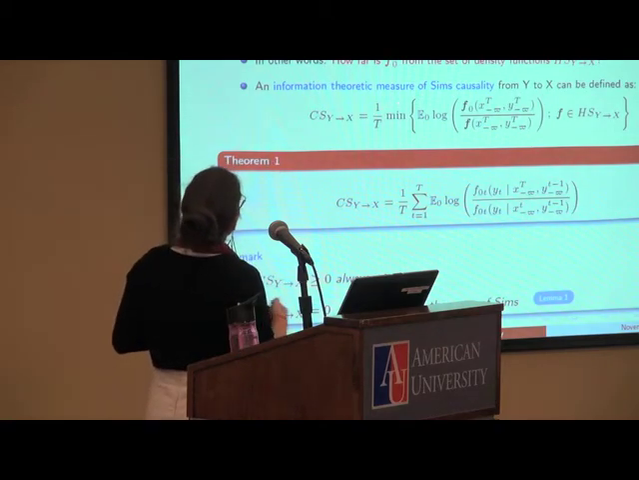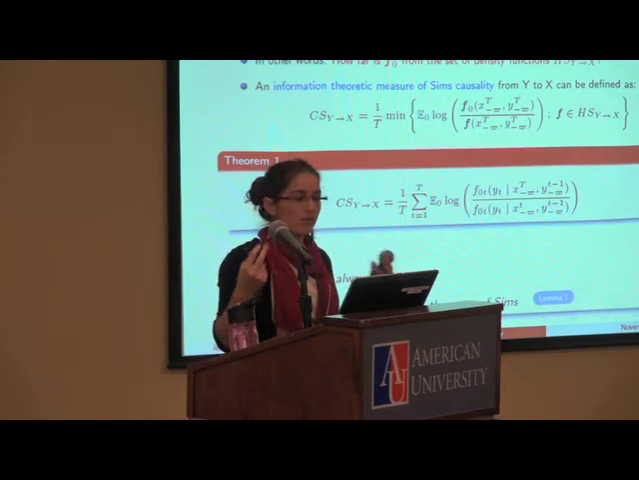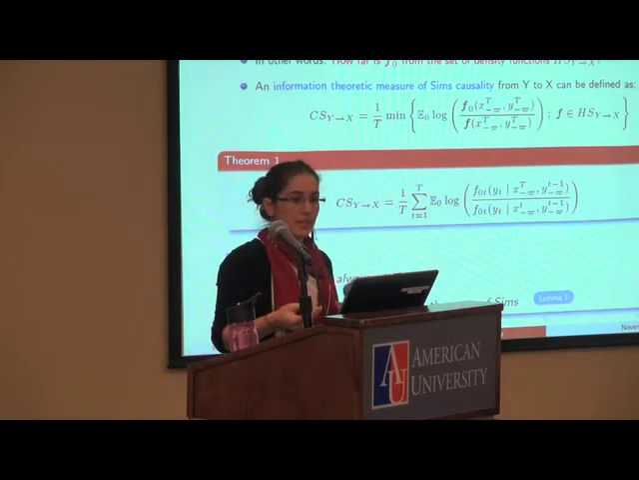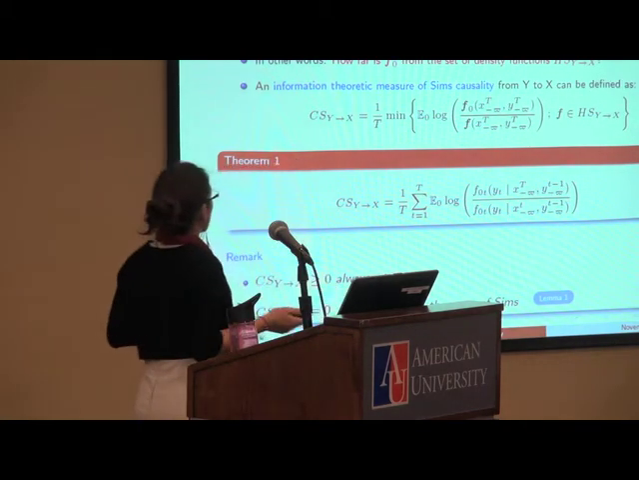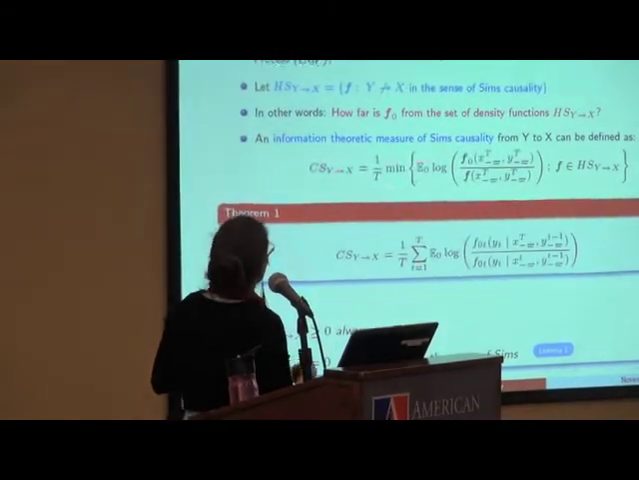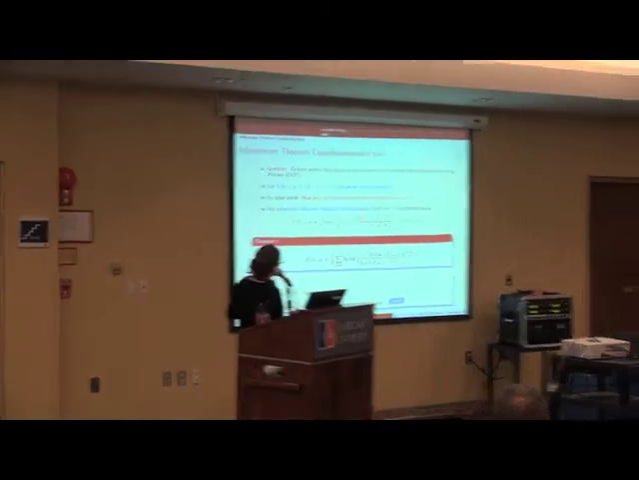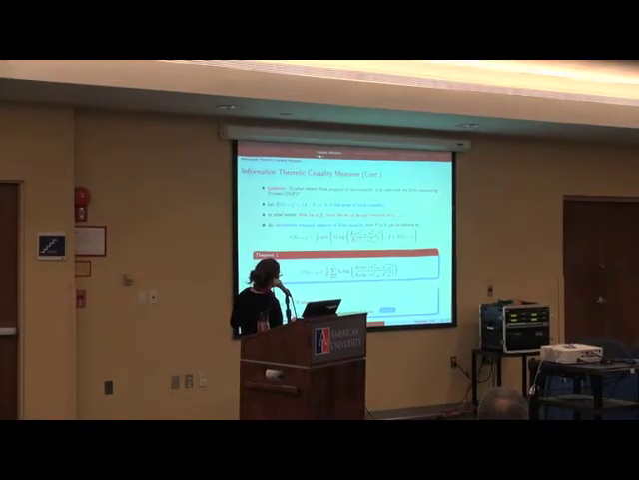And a way to measure this distance, we need some sort of measure. We use a Kullback distance. Okay? So if we use a Kullback distance for this, we can define an information theoretic measure of Sims causality, measuring the Kullback distance from f0 to these densities f that lie in this set Hs. Okay? If we solve this